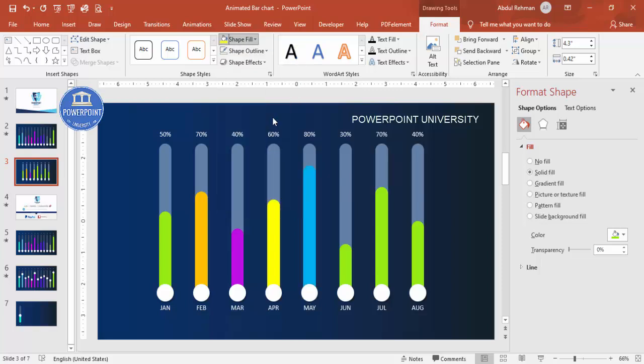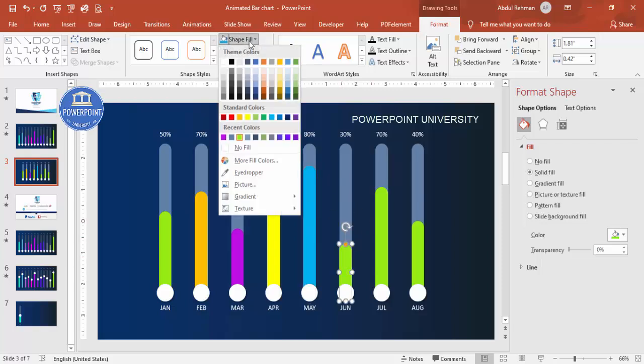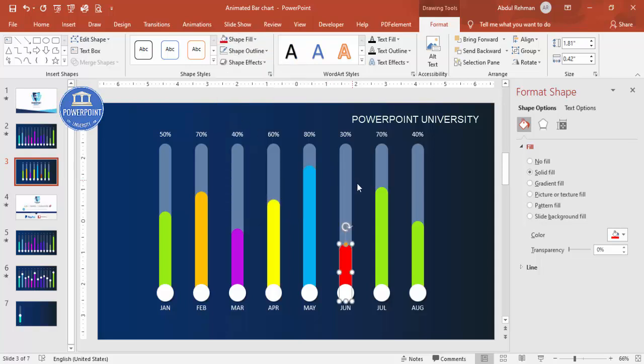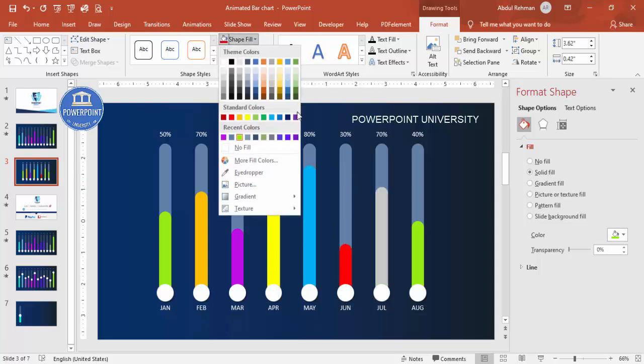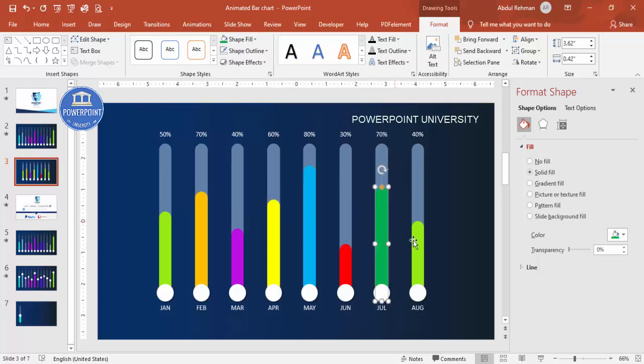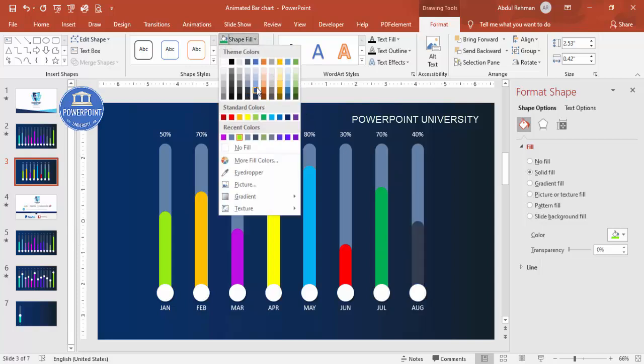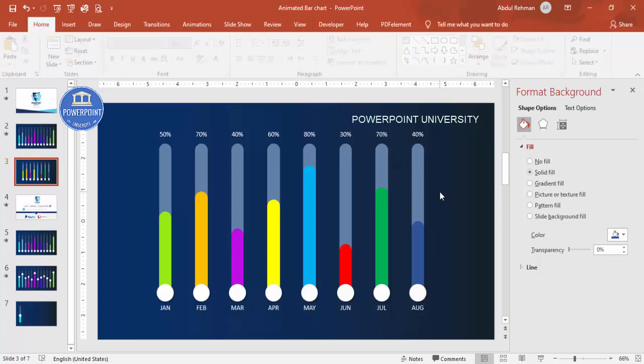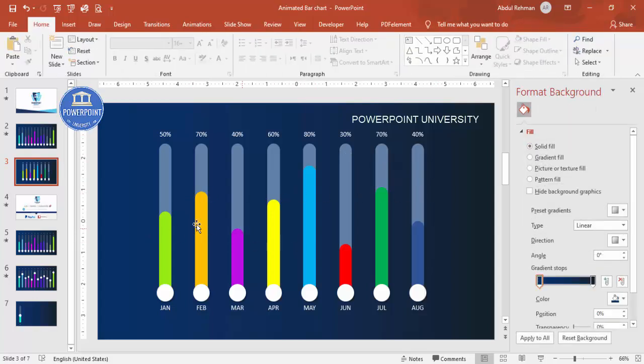So you can see here different color combination. I'm just choosing whichever color of your choice you can think of, and then add that color, but make sure that the color should be visible, don't choose some wrong colors there. Okay, all right, now we have completed the design part. Now it's time to add the animation.